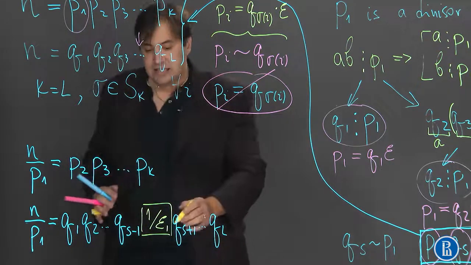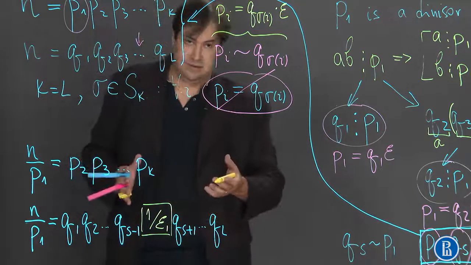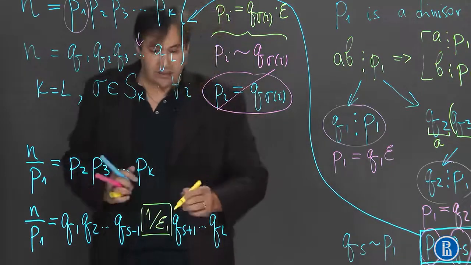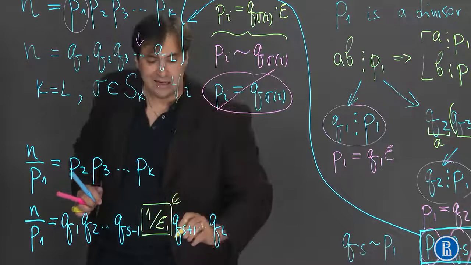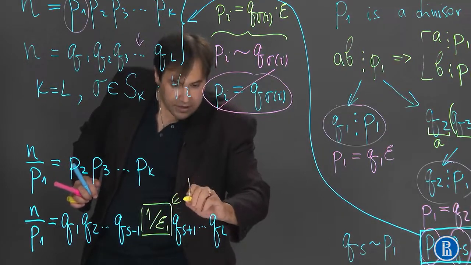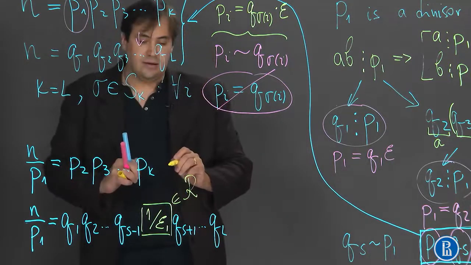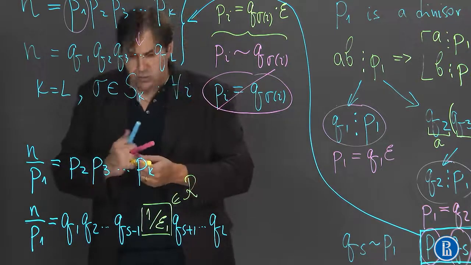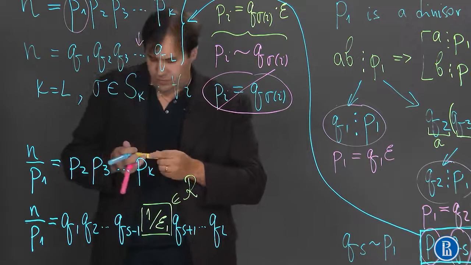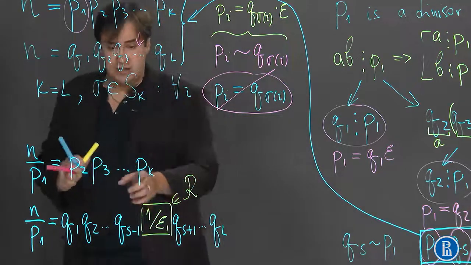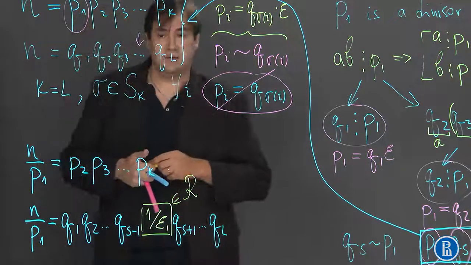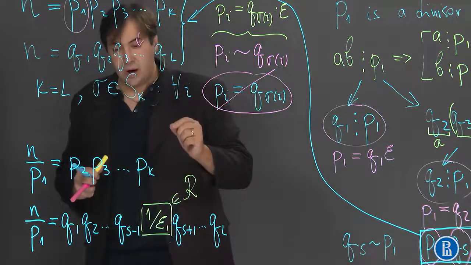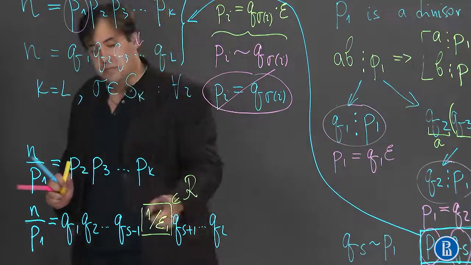And since we understand that epsilon 1 is a reversible element, this is also an element of our ring. And we understand that it's also reversible. So it turns out that the number of factors in this decomposition here has decreased by 1, and the number of factors in this decomposition here